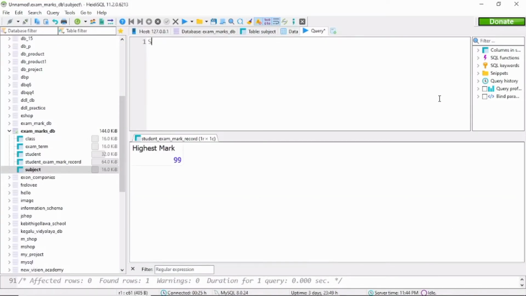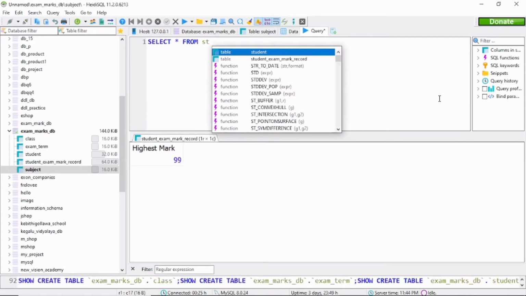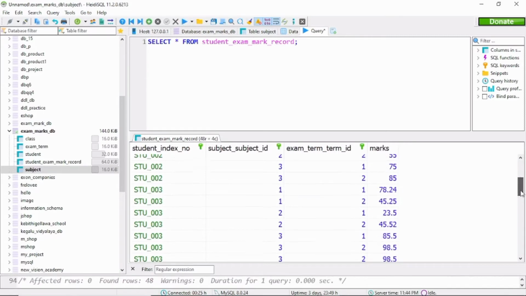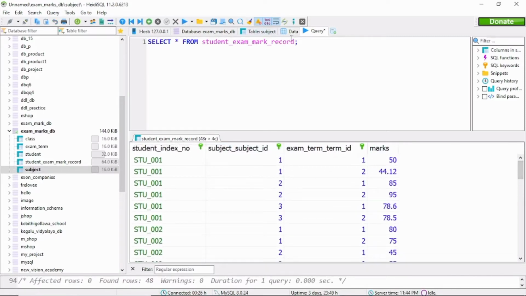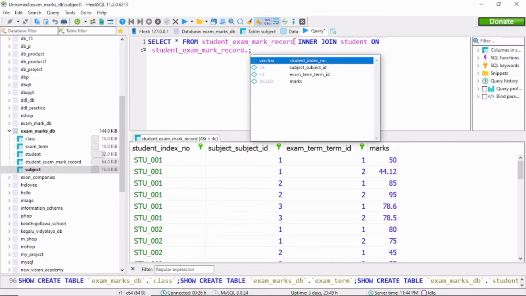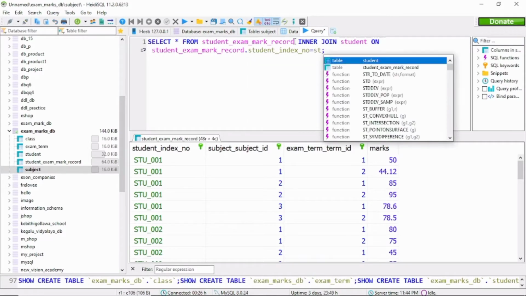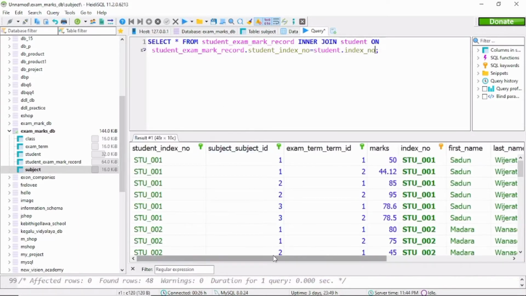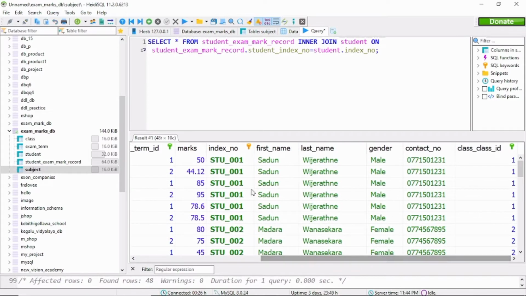by deleting this. As usual, I am going to select all from the student exam mark record table. Okay, this is a familiar one to you if you have watched my previous videos also. So okay, then here also I am going to use inner join. With the usage of inner join, I am going to inner join the student table. Here this condition is also more familiar to you. Student table's index number. So by executing it, the data from the student table also has been